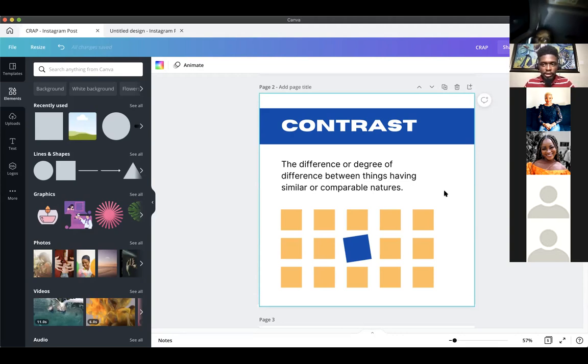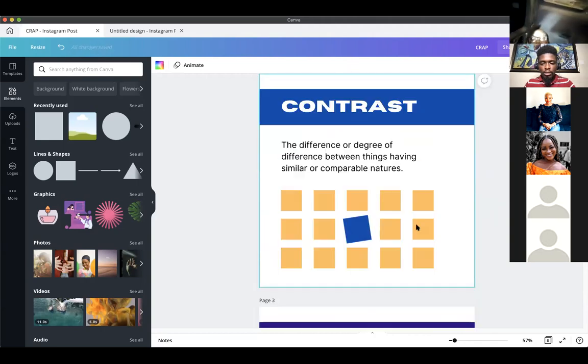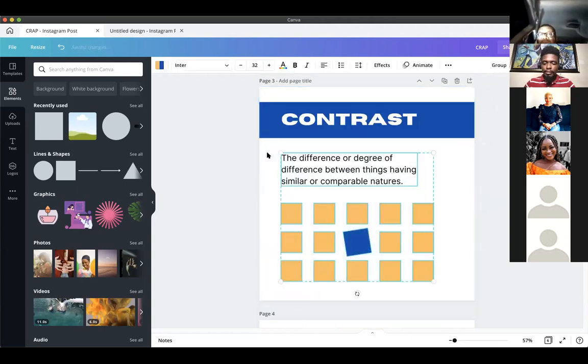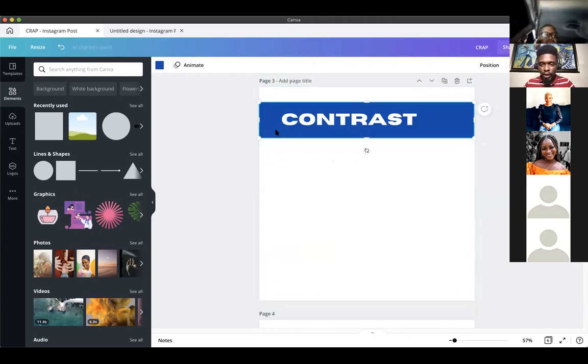Okay, so what I did was, let me duplicate this. If I'm trying to duplicate this square, this rectangle, what I need to do, I'm going to click